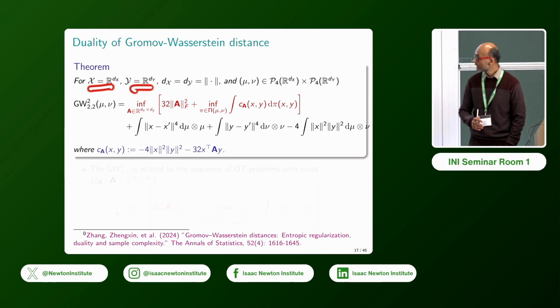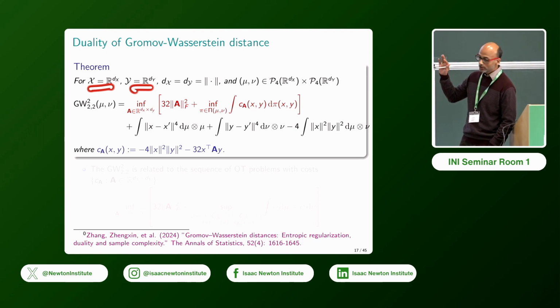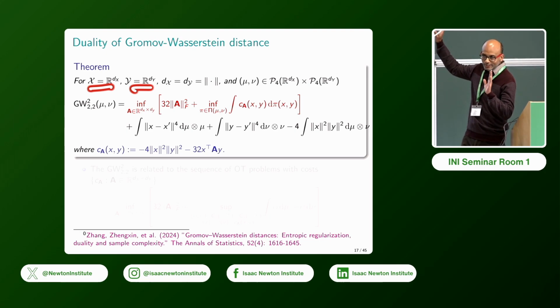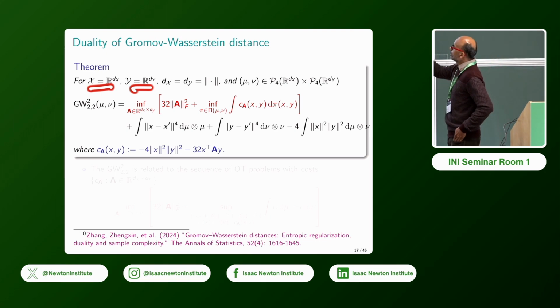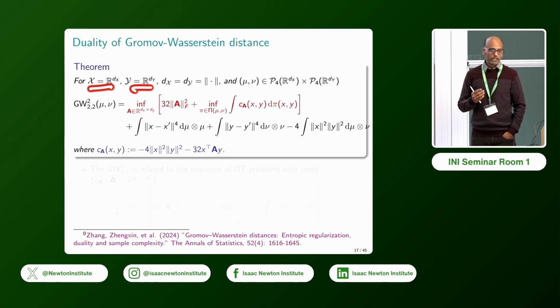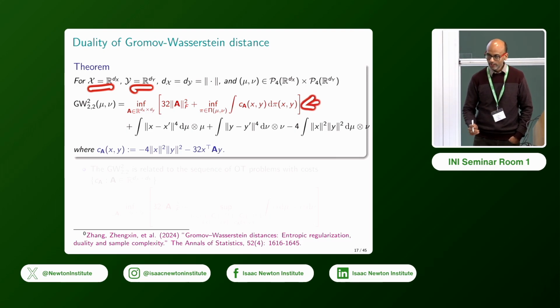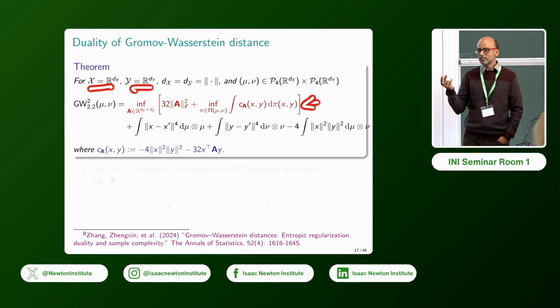Under this case, we can write the GW2 squared in terms of this crazy formula. I mean, it looks crazy. You can ignore all the terms that involve the black ones. What is more important is the red one, and the reason you can already see why I am working with the 2 and the Euclidean distance is